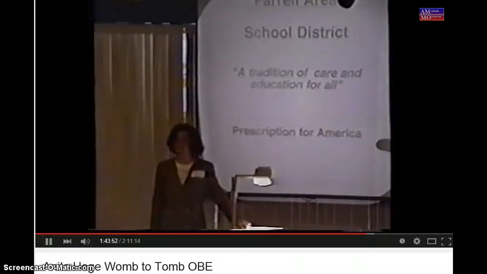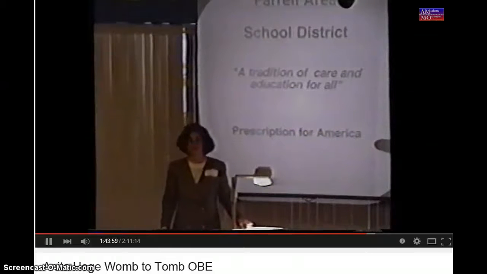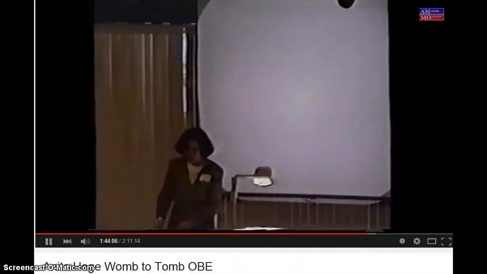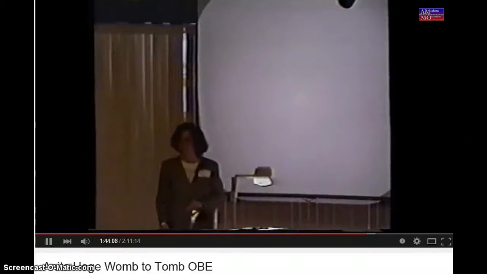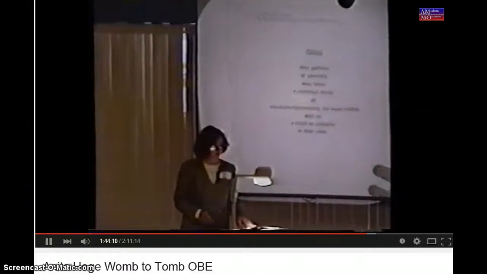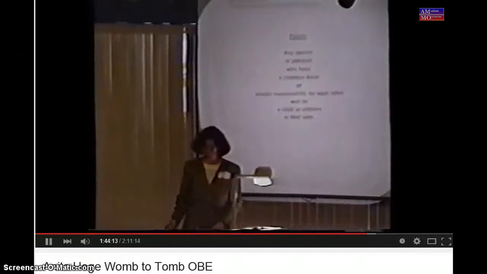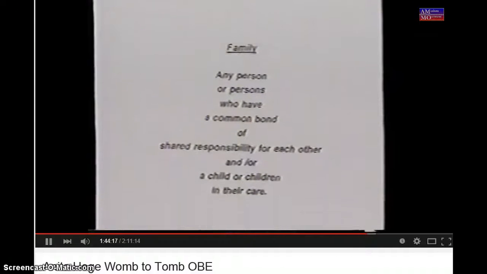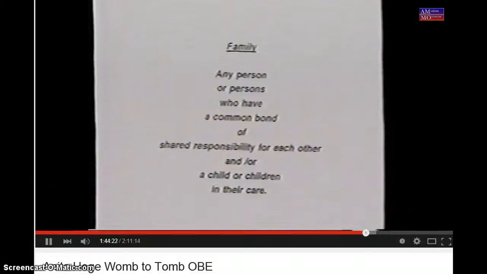They called it the Prescription for America. This is your health care link. The key is that national health care will merge with anyone not meeting outcomes in the community. The Farrell District is near Erie, Pennsylvania. They redefined family: any person or persons who have a common bond of shared responsibility for each other and or a child or children in their care. Now, if that's not what you think your family should be, I would suggest that you